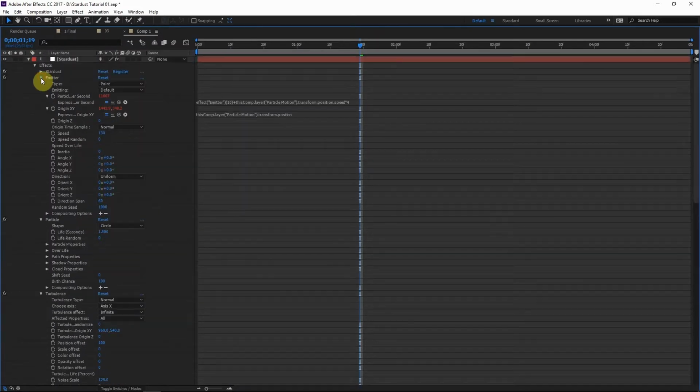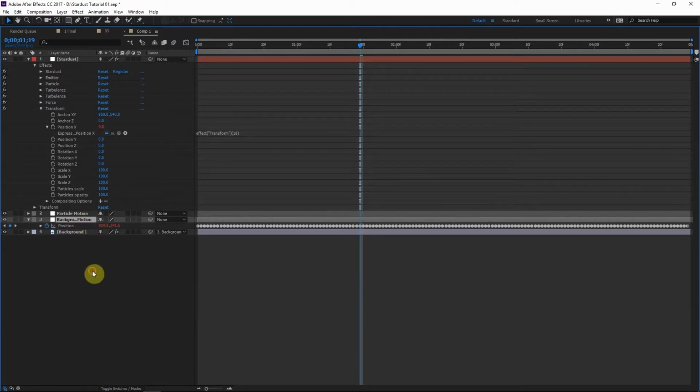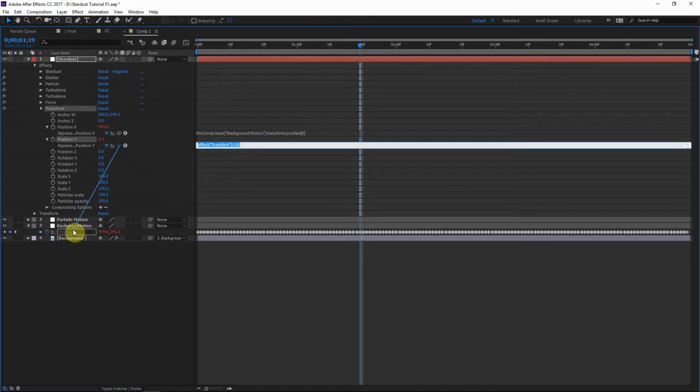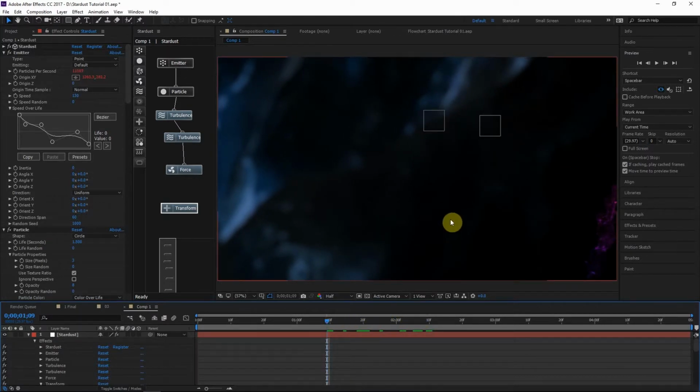Open this up here. Let me close a few things. And let me open the position parameter of the background motion. And I'll pick whip this position X to the X position of the background motion. And we'll do the same thing for the Y position. Add expression, alternate, click the stopwatch, grab the pick whip, and connect it to the position Y. Okay, so you can see these particles are going to follow the background motion, but there really is a problem,